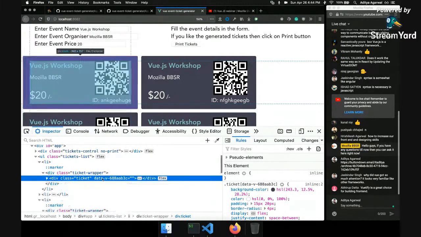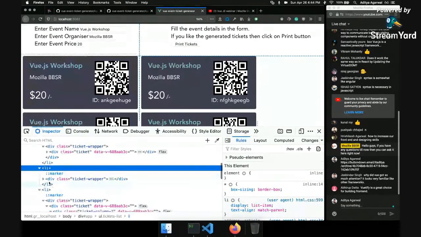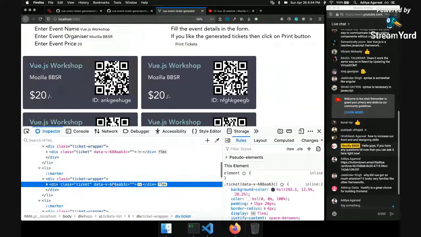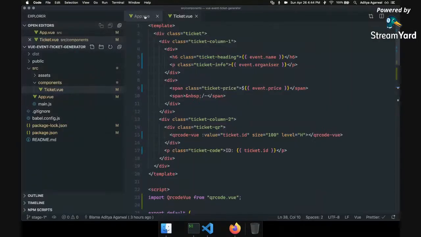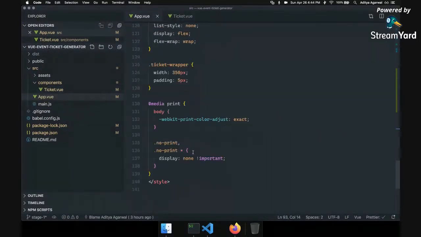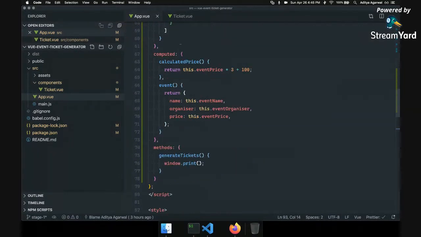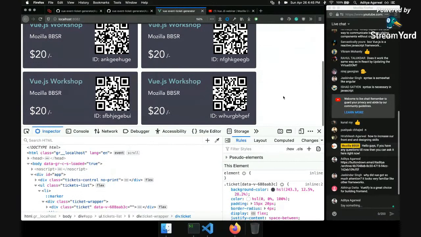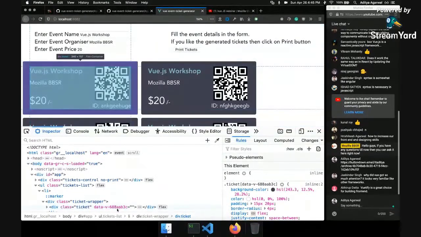And for another li in the ticket, whatever it is rendering, there is another one with the same id. But if I have another component, say form, and that form component has style scoped, then it will have another data-v with some different id.